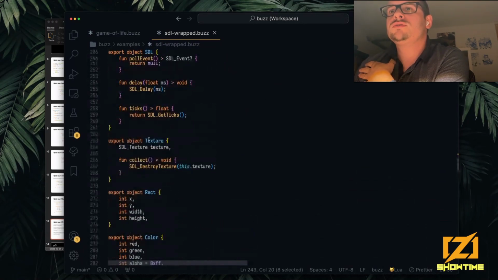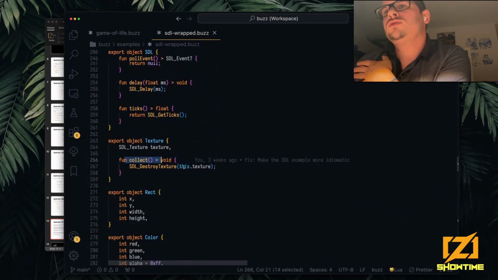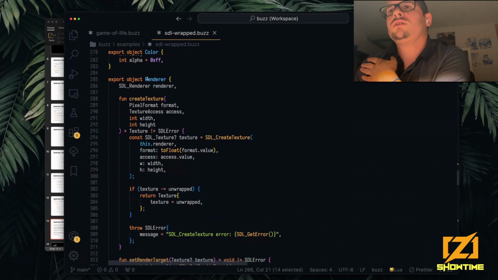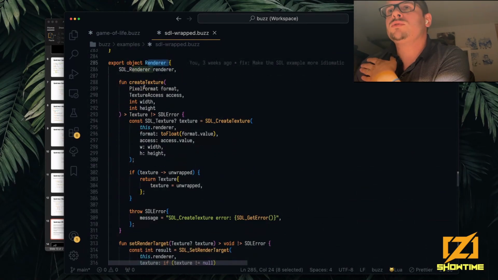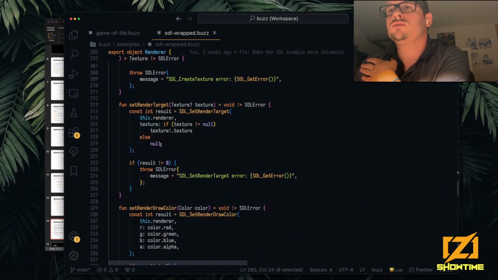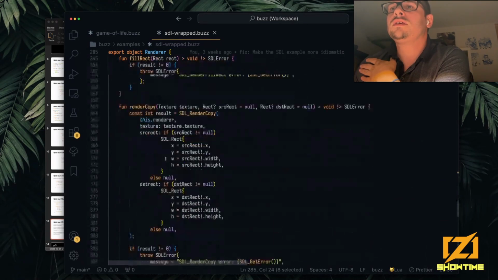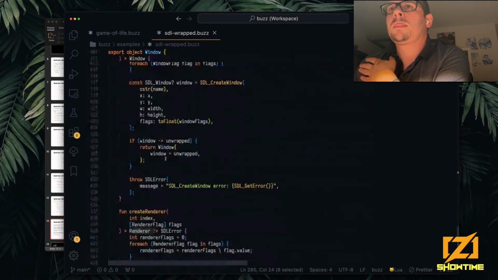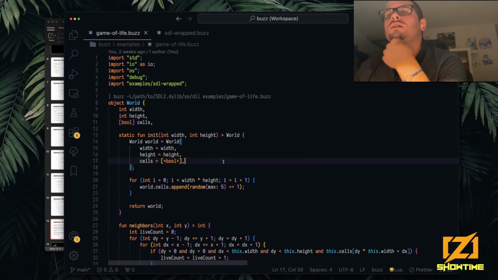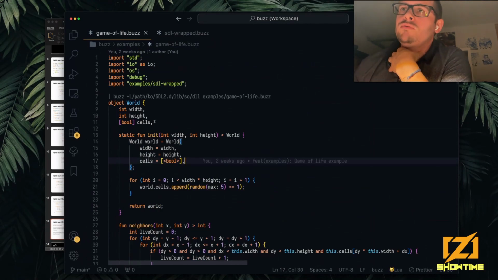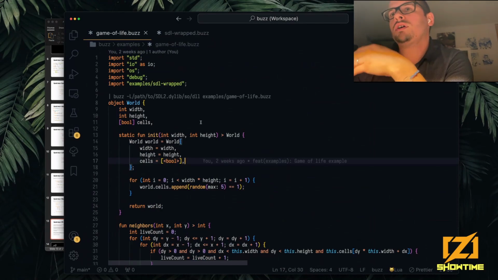You can see I'm using the collect function so that the texture is going to be destroyed just before the instance of the object is collected by the garbage collector. We have the renderer, which is able to create a texture, set the color, set the targets, and so on. And then here, I wrote a little game of life that you might know.